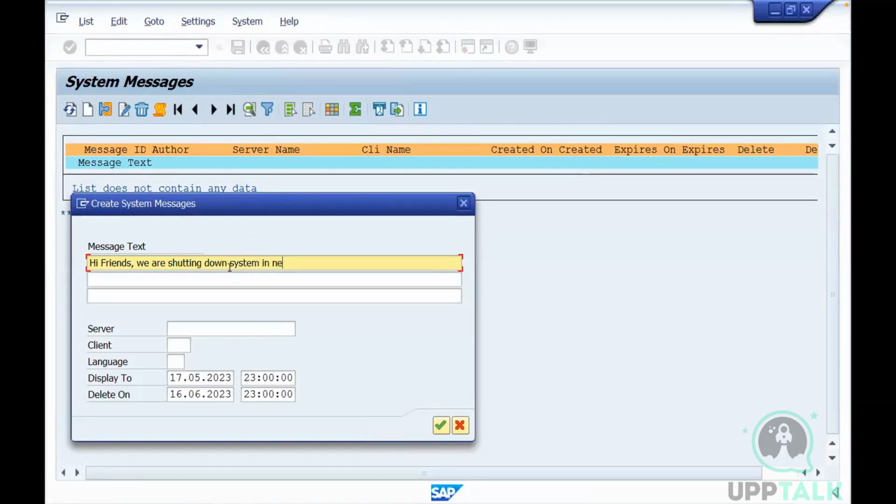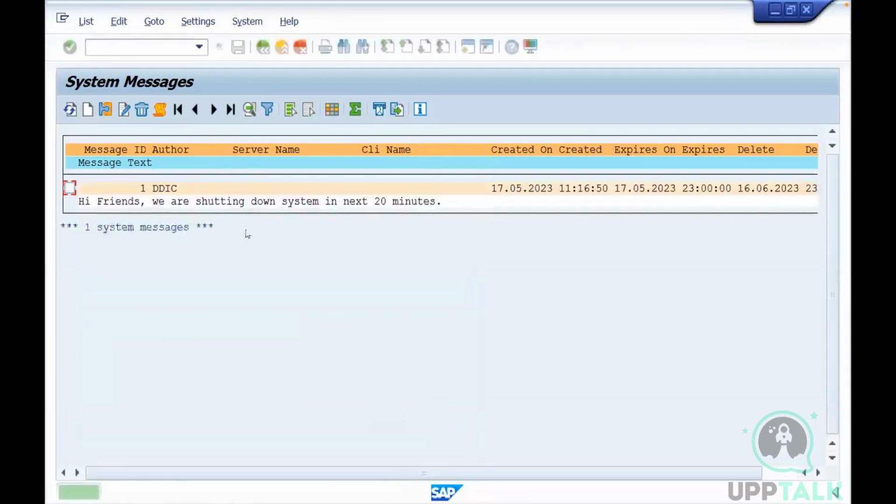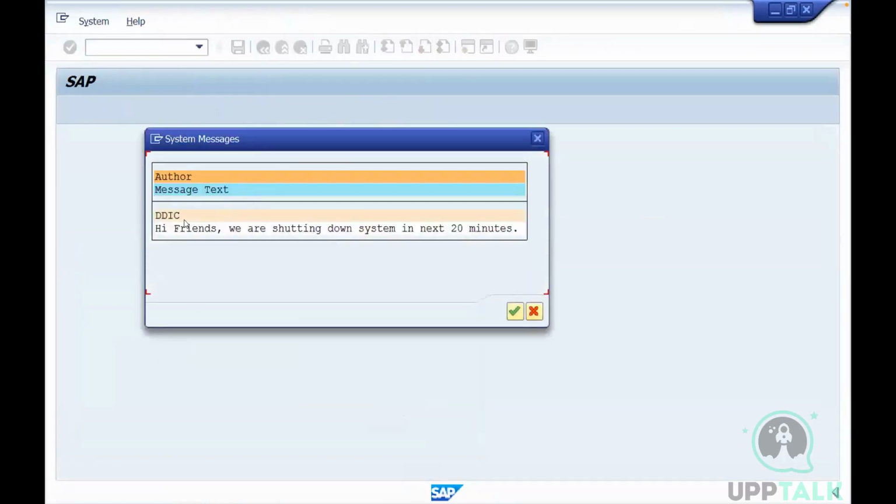SM02. SM02 is for advisory messages. It is for writing a message to everyone. I have written a message. Did you receive this message? Yes, we received. You received my message. Yes. You received my message, like, hi friends,